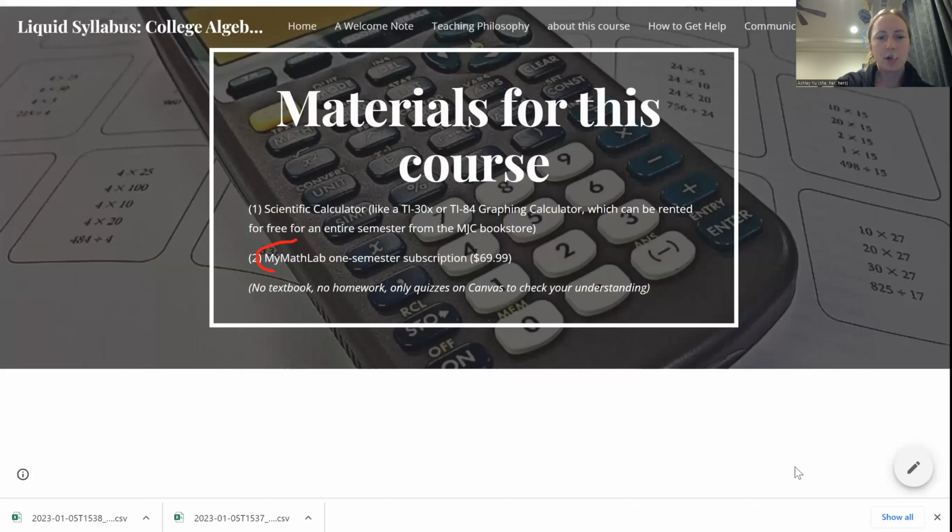They sell the code in the bookstore, but it's very expensive, more than it has to be. And they sell it on Amazon, which maybe, or maybe other websites too, I don't know, and it might be a little cheaper, but you can just instantly get it. If you're just trying to register for MyMathLab online, you can just pay for it with a credit card or PayPal, I think, on the spot. And it's not too expensive.